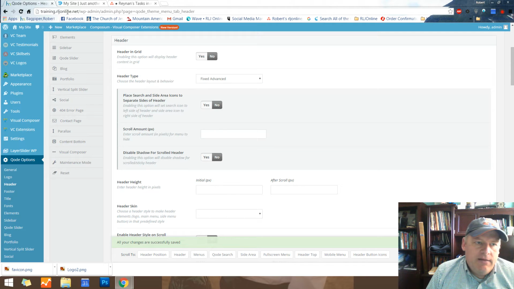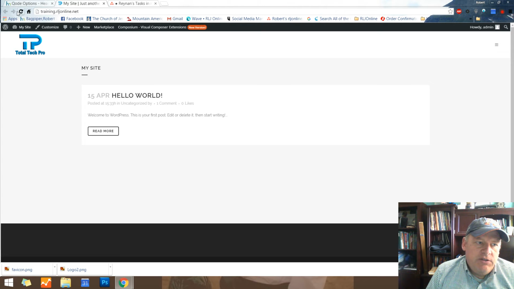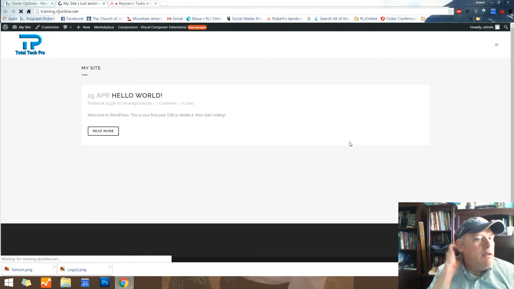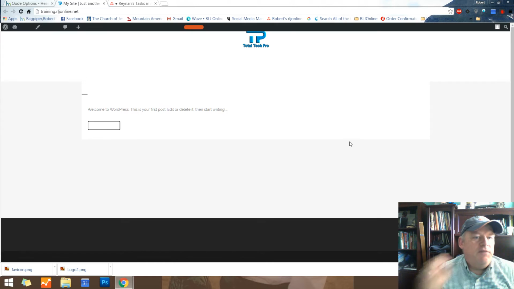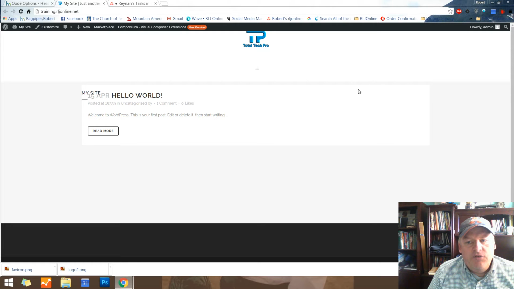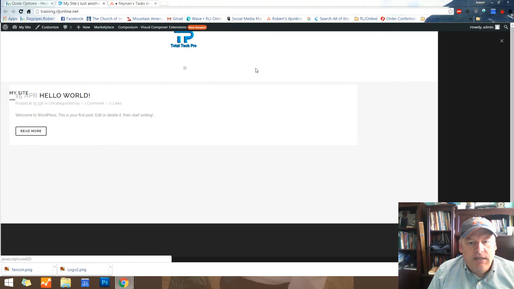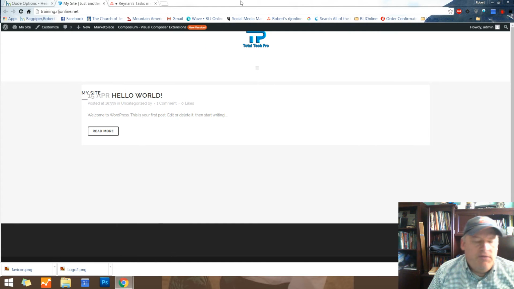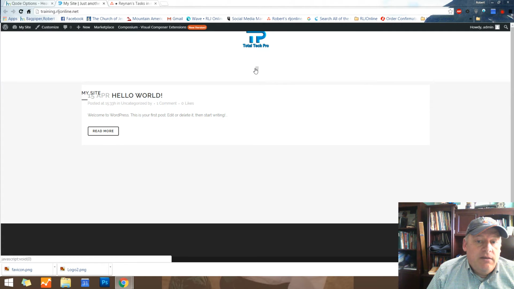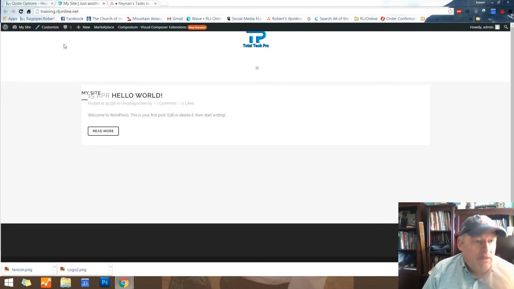When we save that, come up here, let's see what it does to the logo and see where it puts it. On the fixed advanced, you'll notice it puts it in the center and gives you a much wider header. It also is giving you this for the side menu, which you can disable if you don't want it. The sidebar menu. Sometimes I like it, and I can move this icon over here, as I've done with some sites. So Total Tech Pro there, would have to do some CSS script probably to move it down,